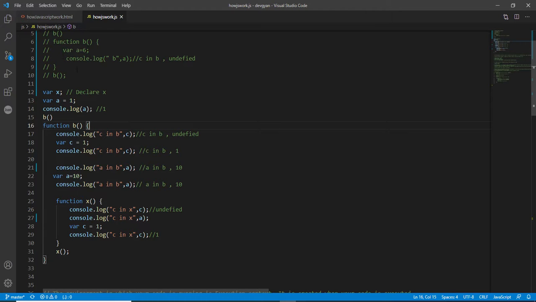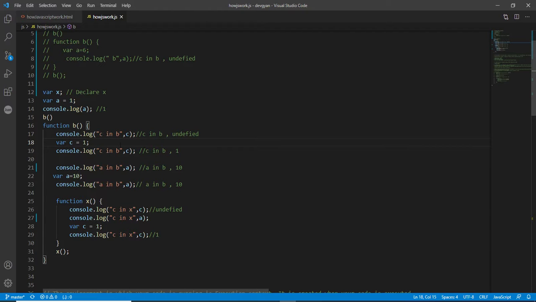This is almost the same code. In this example you can notice that you are trying to access the value of variable C. It means you are console logging the value of the variable C.